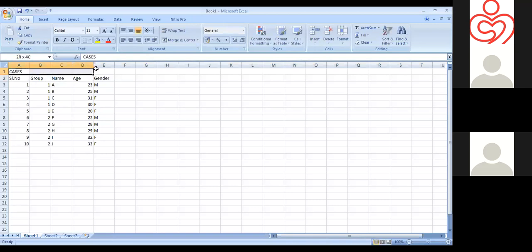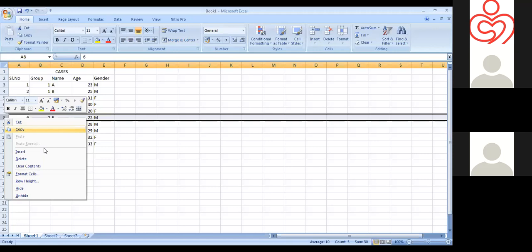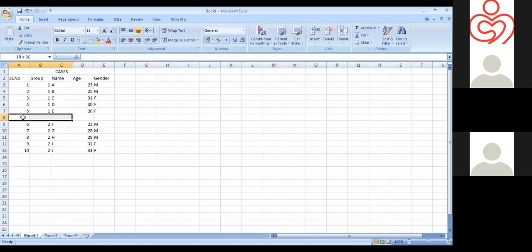Okay, then you can merge this cell also like this. This is the set of cases, and these are the data of controls. Like this also we can enter the data. But for analysis,